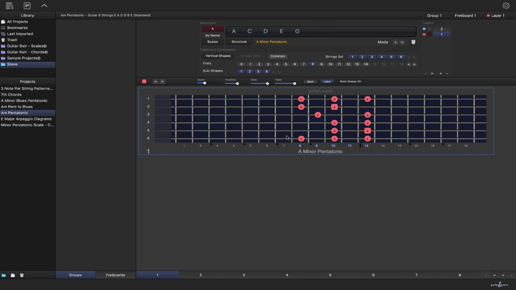So what it's doing is it's combining various frets together. Now, if you were trying to teach an absolute beginner, for instance, the pentatonic scale, some of these might look a little awkward, like the one that you're looking at right now. We're going to come back to this in just a second. What I'm going to do is go to custom shapes, and what you're going to notice is